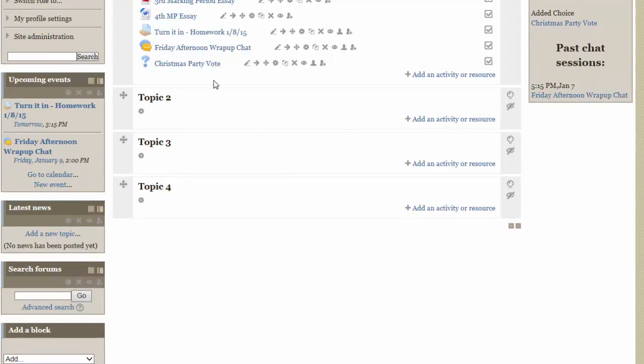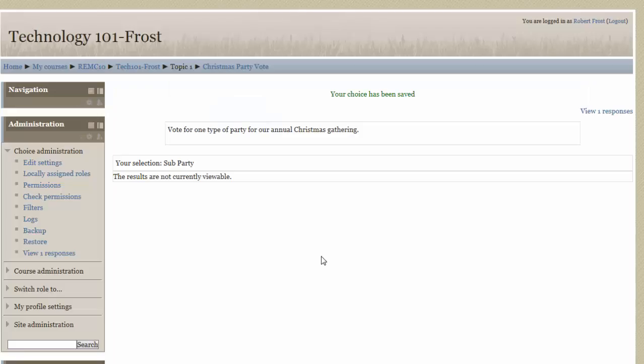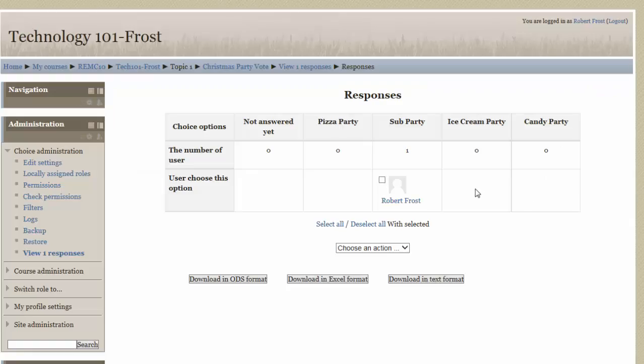And now we'll go ahead and click on it and see if it's a little more descriptive for us. There we go. You see the options listed there. I'll pick a particular choice, say save, and it tells me the results are not currently viewable because obviously we set the settings saying that it wouldn't be viewable until after tomorrow. But as a teacher, again, I can see the one response here and that this particular person was the one that selected it as well. Again, the students wouldn't see that information. They would see just a summary of the responses,